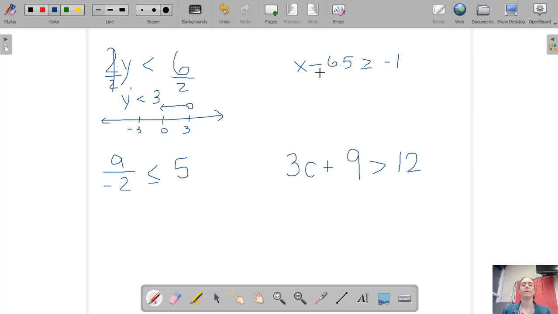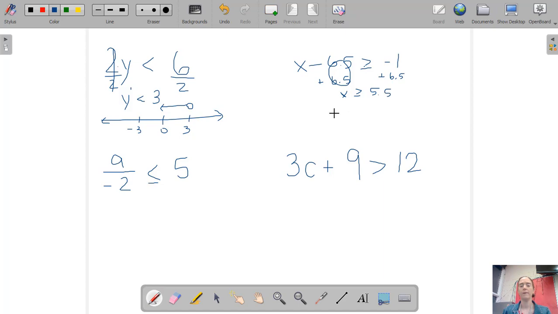All right, so then the next one, we have x minus 6.5 is greater than or equal to -1. We're going to add 6.5 to both sides. So -6.5 plus 6.5 is 0. That is going to give me x is greater than or equal to